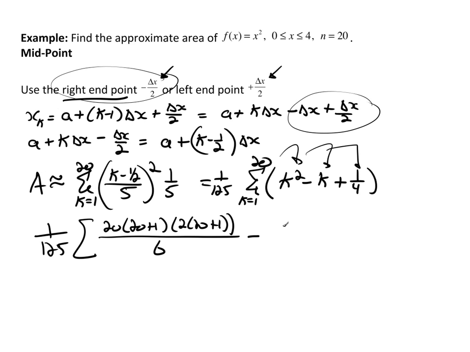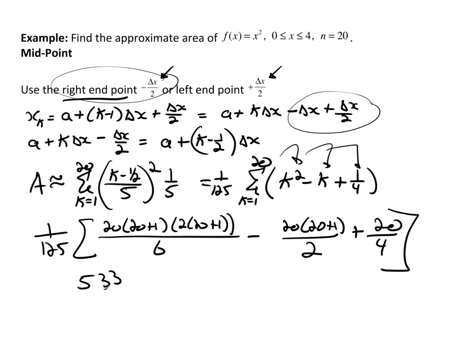minus the sum of the k's. That's going to be 20 times 20 plus 1 divided by 2, plus the sum of 1/4. That's going to be 20 of them, so that's going to be 20 over 4. Again, this is nothing more but just a number. And when I work it out, what I end up with is 533 over 25, which is approximately